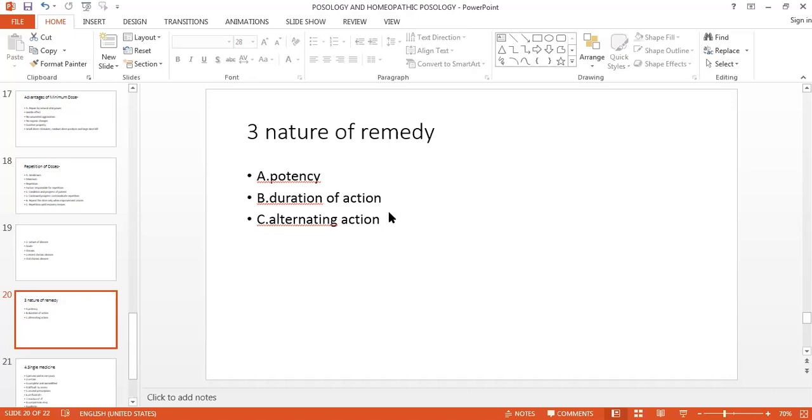So certain medicines such as aconite, belladonna, rhus tox, bryonia, or ignatia, these are the certain medicines which bear this alternating action. After prescribing belladonna or after prescribing bryonia, the strict homeopathic principles you have to follow. If no improvement follows there, then another small dose of medicine you can prescribe. In most of the cases, the improvement is after the second dose of the same medicine.